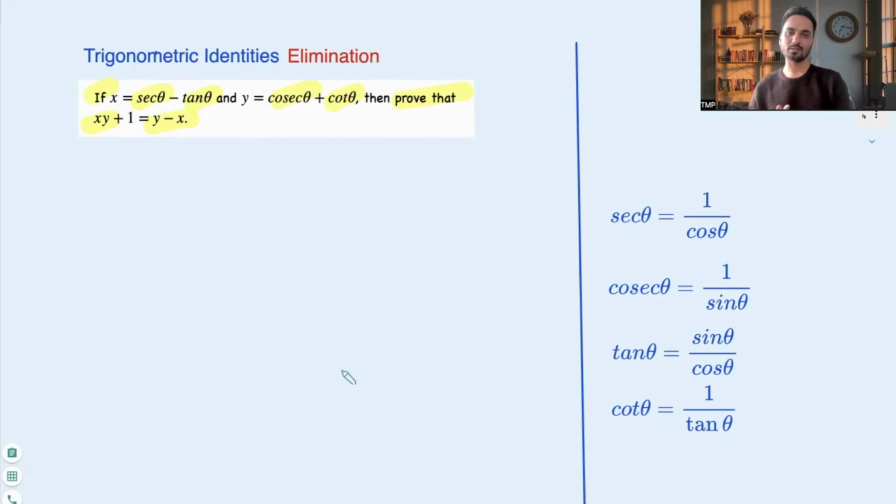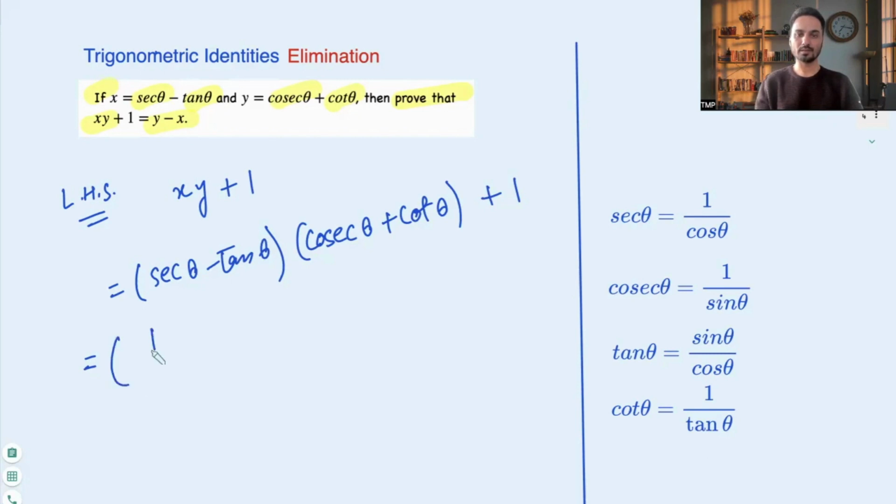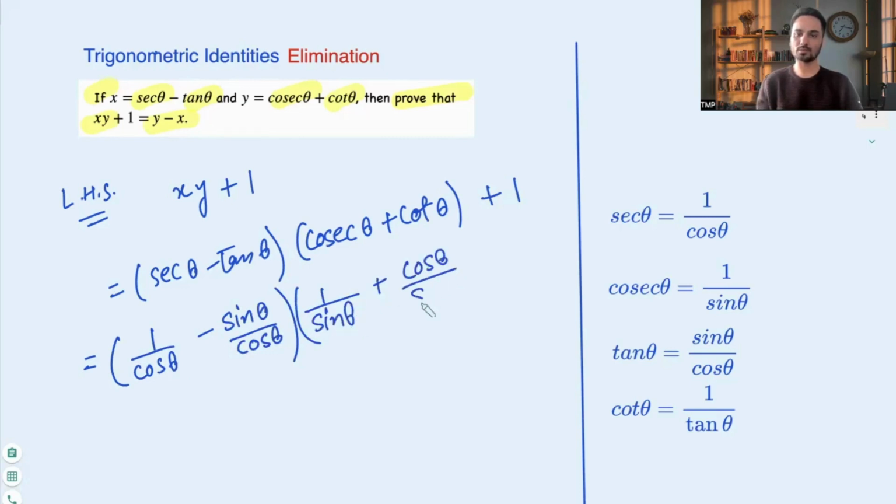I have given all the identities related to the terms given in the question on the right hand side. Now let's start with the left hand side, which is xy plus 1. And if we plug in the value of x and y, we'll get (sec theta minus tan theta) times (cosec theta plus cot theta) plus 1. Writing sec theta as 1 over cos theta and tan theta as sine theta over cos theta, and in the second bracket, writing cosec theta as 1 over sine theta and cot theta as cos theta over sine theta,